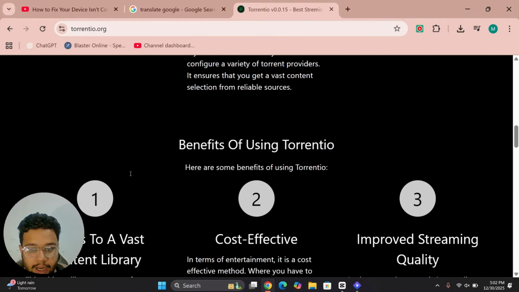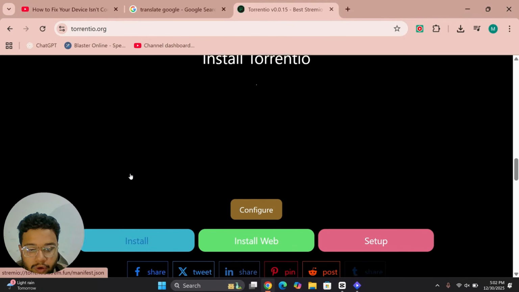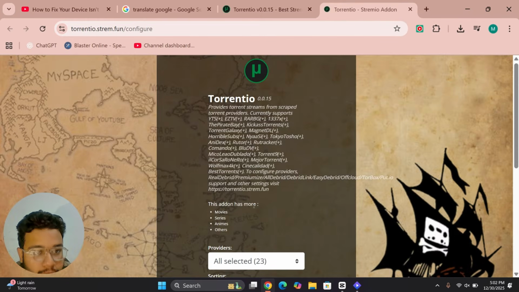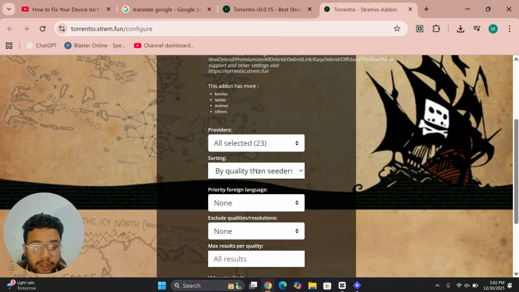Scroll down and now click on install Stremio. Not install, click on configure. After that, the new website is now open. Torrentio.stream.fun, select configure. Now scroll down and now you can select providers, sorting, region, quality features, exclude qualities, max